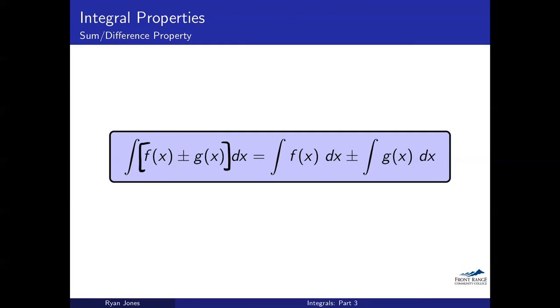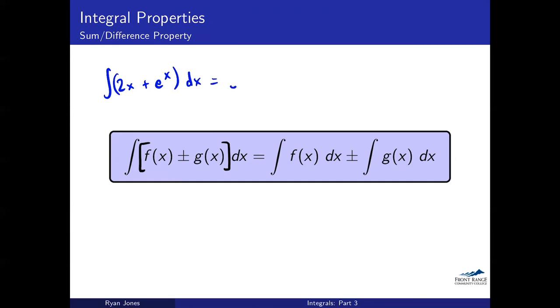This just says the same thing it said for derivatives. If I'm adding or subtracting two functions and taking an integral of that, I can just do each integral separately. So maybe I'm given something like the integral of 2x plus e to the x